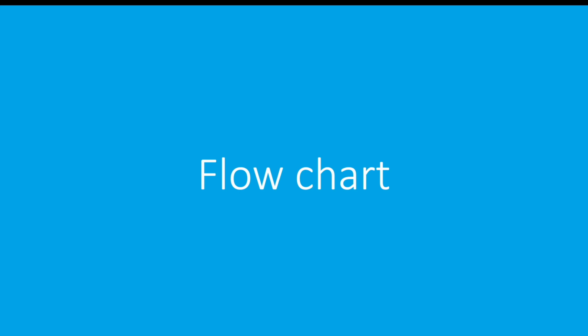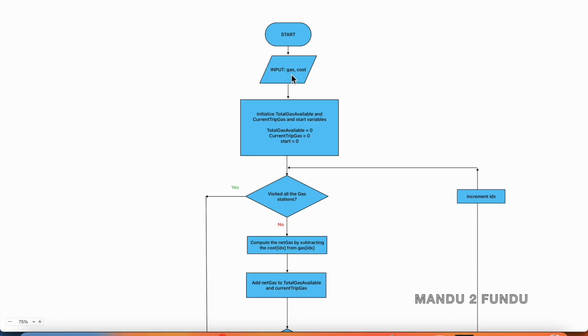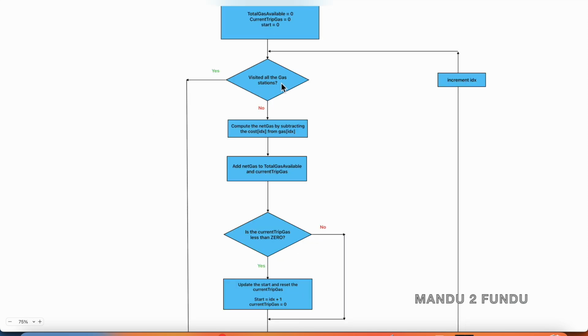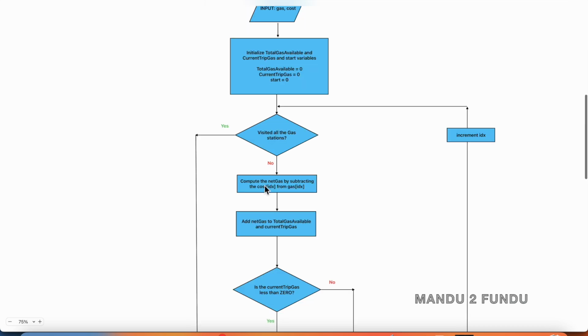Let's look at the flowchart. Input for this procedure is two arrays, gas and cost. First we initialize the total gas available, current trip gas and the start variables to 0. Then we enter the for loop to process all the entries in the gas array. First we check whether we visited all the gas stations. If not, we compute the difference between the entries in cost and the gas array pointed by the IDX pointer,